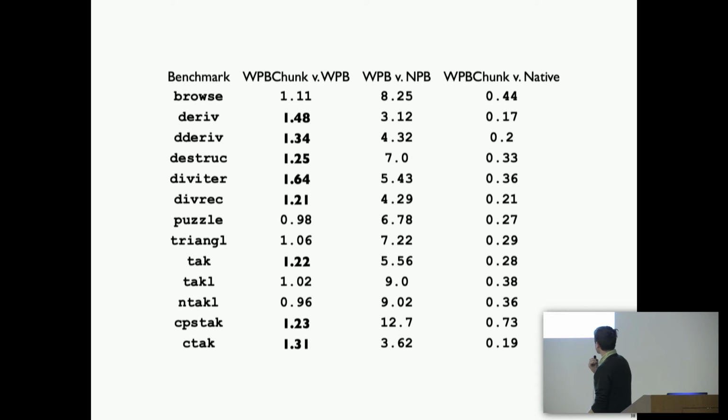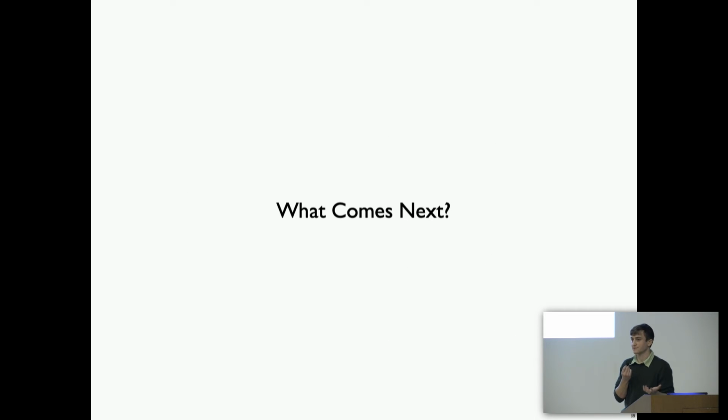I mean, at best we're at almost 75% of native, and at worst we're maybe 17% of native, which is not as bad as I was expecting. So suffice to say that performance doesn't seem to be a death knell for this approach, and it seems worthwhile to investigate further, which leads me to the next steps here. What comes next with a system like this? Where could we go with it?